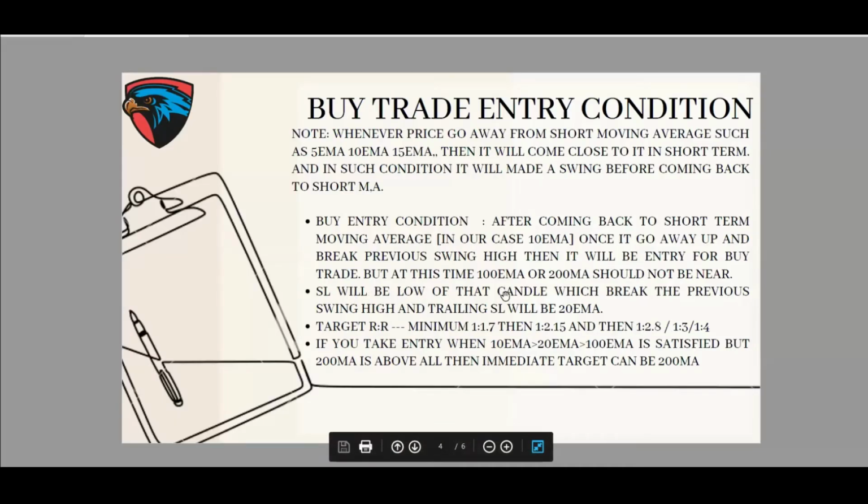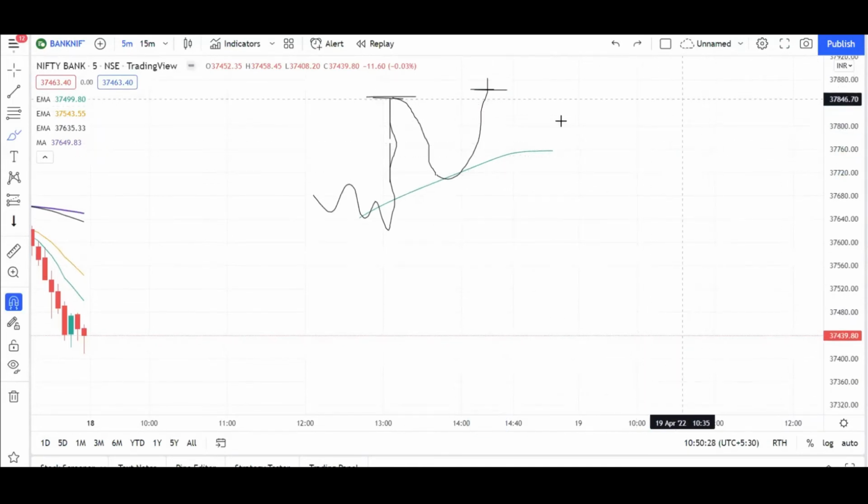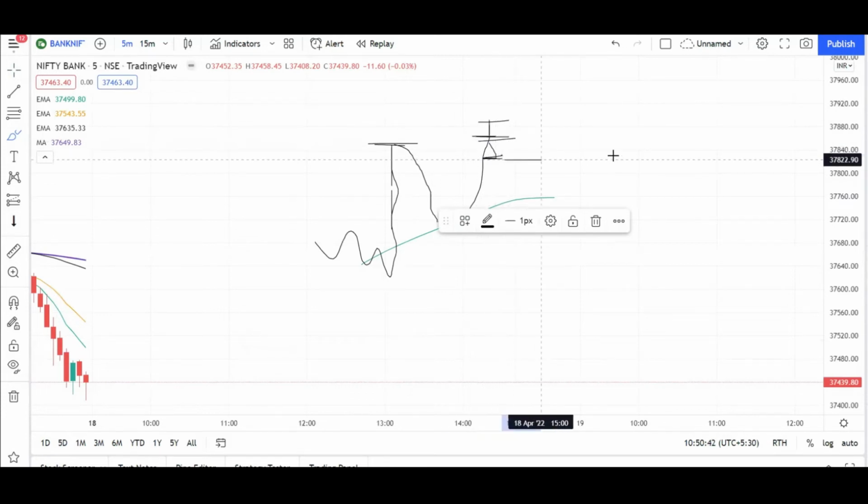So what could be the SL? The SL is the low of the candle which breaks the previous swing high, and the trailing SL will be the 20 exponential moving average. So once you enter, let's say this candle breaks out this swing high, and the low of this candle is here. So this could be your SL, your entry will be here, and your target,